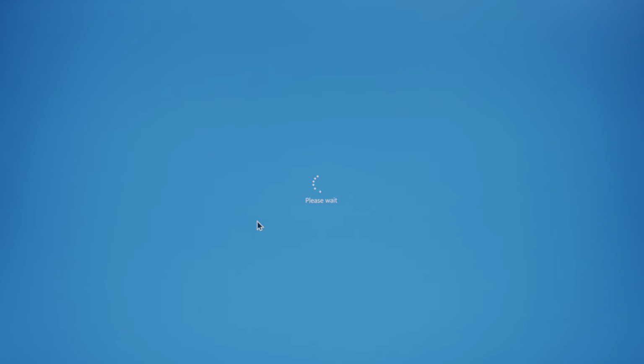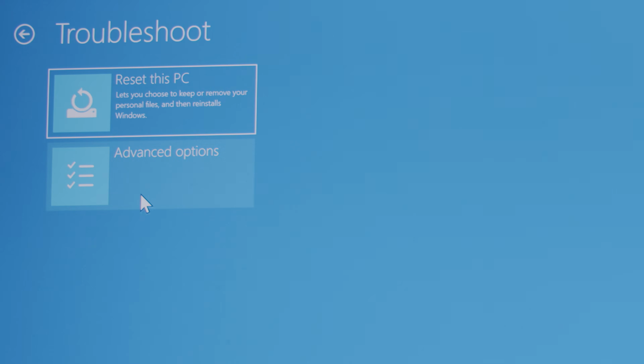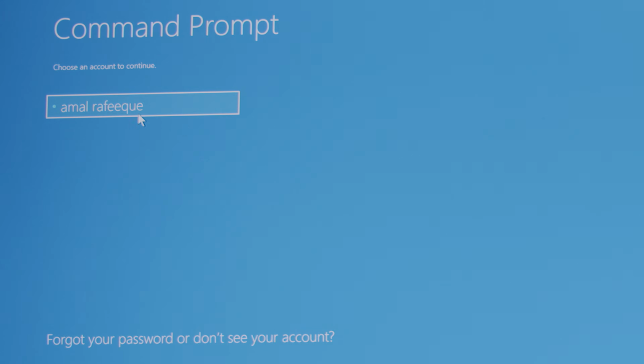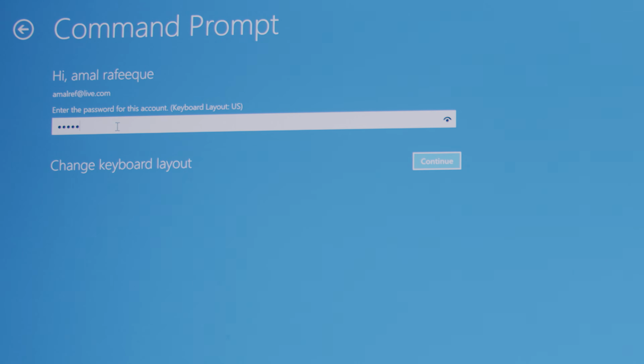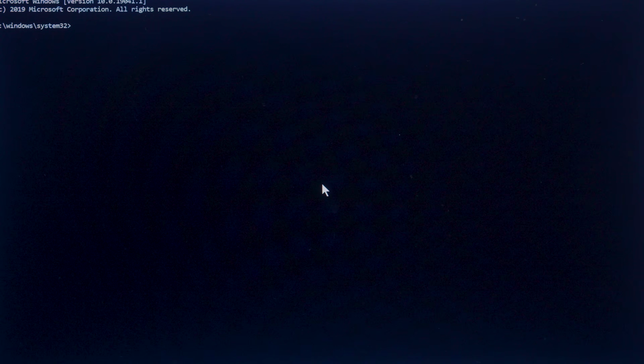Wait for a moment and you will see these options. From here go to troubleshoot, advanced options. Now choose command prompt, which will restart your system. Now choose your Microsoft account, enter your password and hit continue. And this will open up the command prompt window. Now to repair your boot sector, enter the command